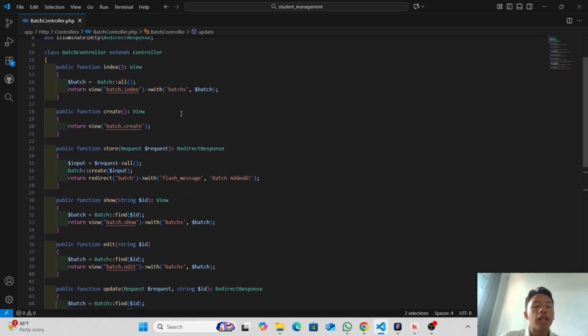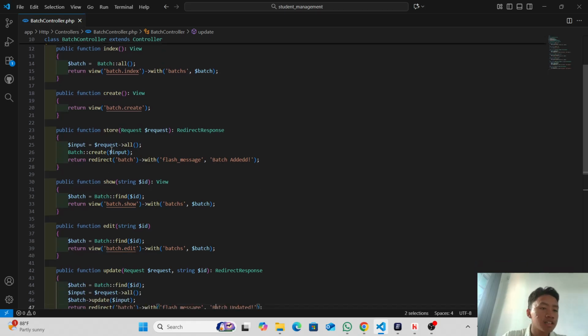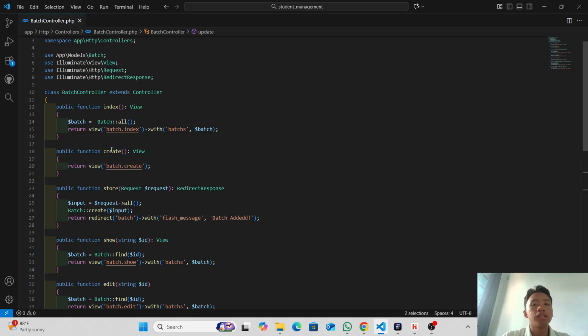Like previous, the format of the logic is still the same. We just change the variable names, the route, the definition, and the models. That's it.